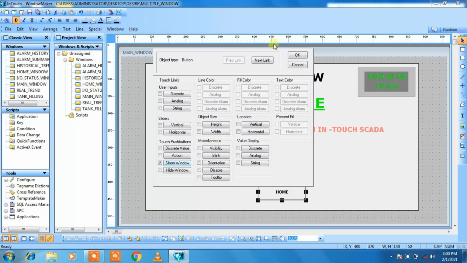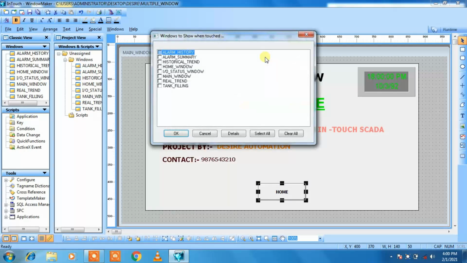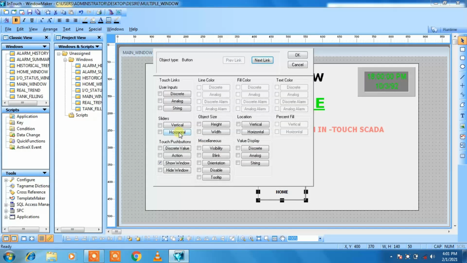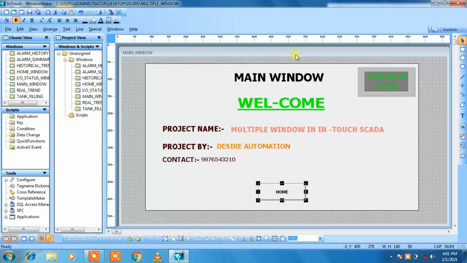Click on next link, then it will show the window to show when touch. Here we have to mention which window to show when touched, so I want to show the home window. When I touch the home button, I want to show the home window, so that is why I have chosen the home window here. Then click on OK and click on OK.